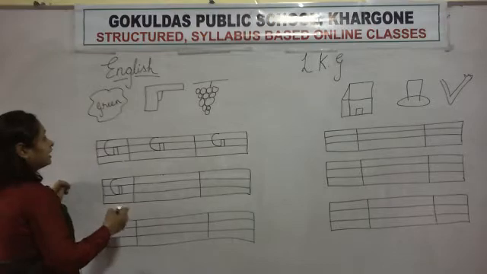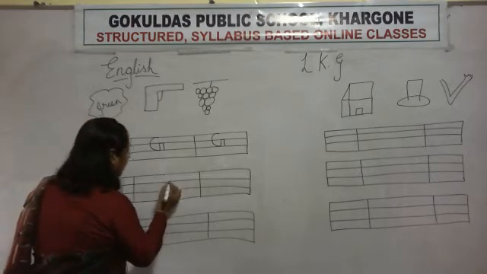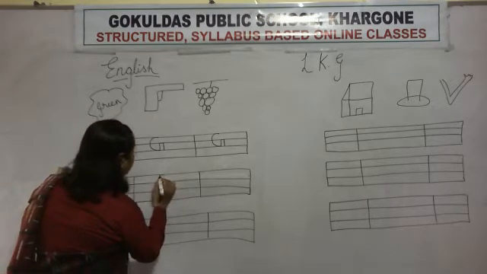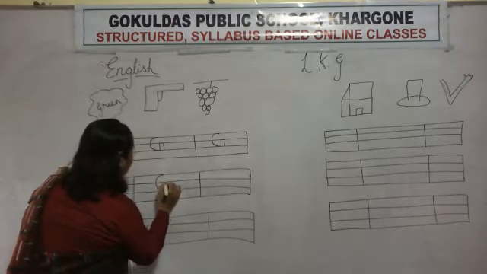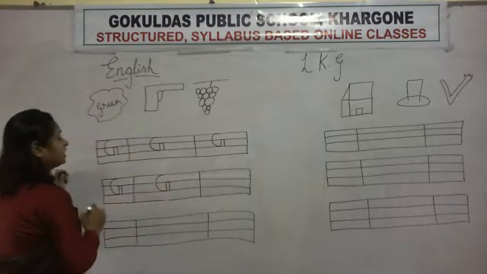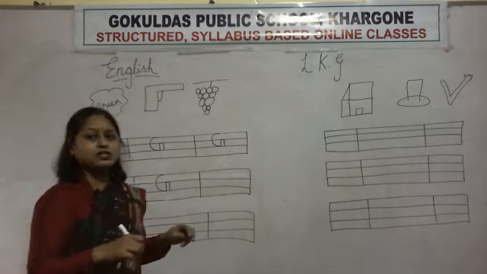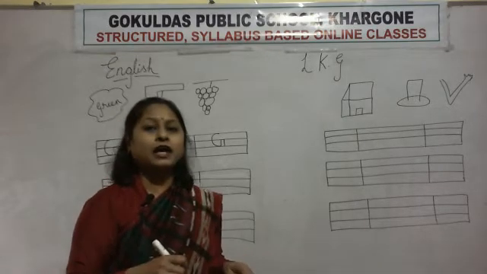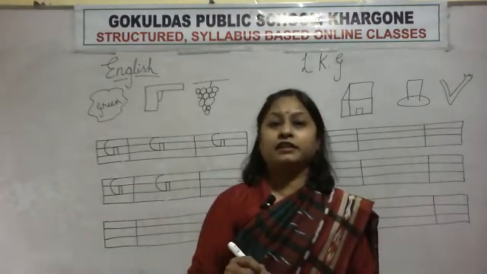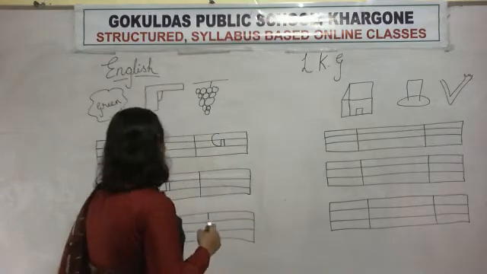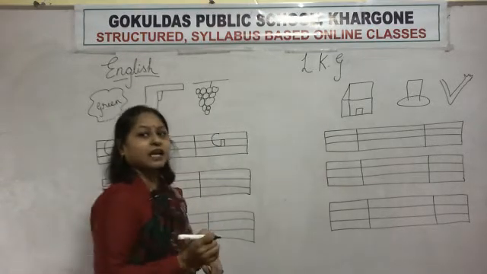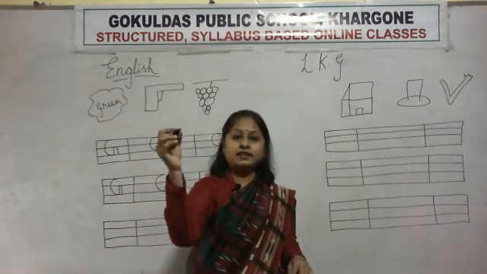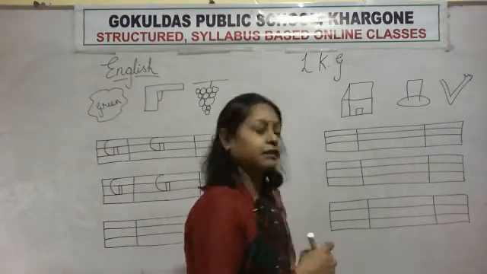Okay. Again, we will start from the upper line to the base line, up, sleeping line and down. G. You have to write and also repeat. You have to read and write. You have to say and write. Whenever you write something, you have to say and write.